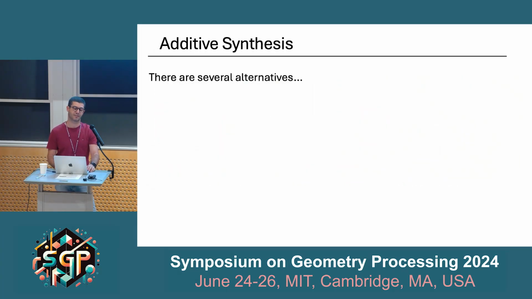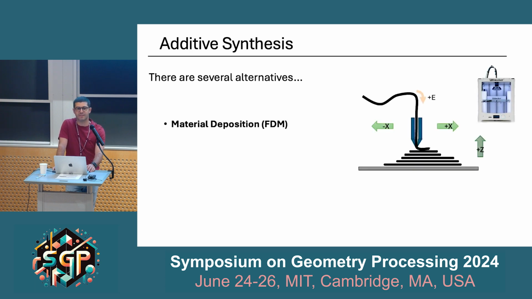In terms of actual technologies, let's focus on additive synthesis first. We have many different ways of 3D printing. Probably the most famous paradigm for 3D printing is FDM, which stands for Fused Deposition Material. This is a very simple technology. The printers are actually pretty small. They can scale up to bigger ones, but at least to play with, you can have a very small printer. And they operate essentially by having this kind of filament of plastic material that goes to an extruder, which is